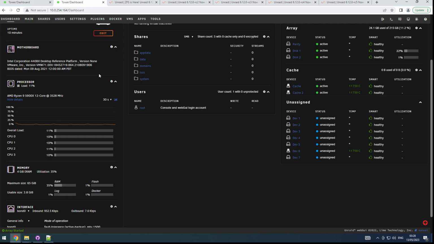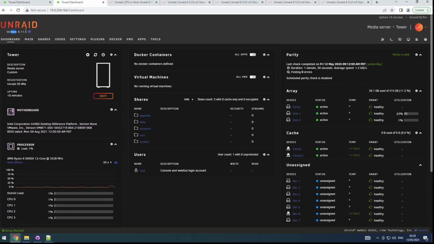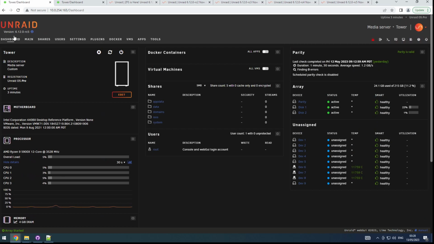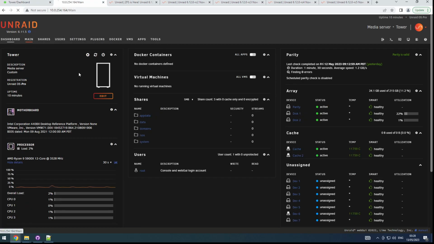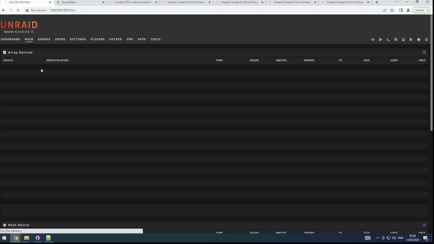So what I did is I took 6.11.5, the current latest stable one, in a virtual machine, and I upgraded one to 6.12.0 RC5, and then we can compare it. So let's go over the first thing that I instantly noticed, because if you start up, you